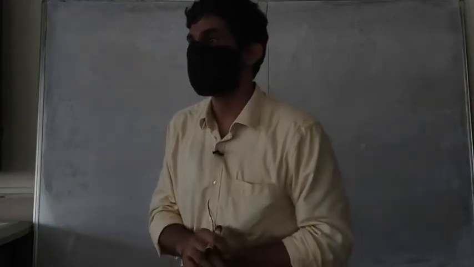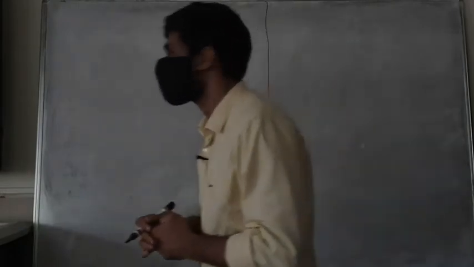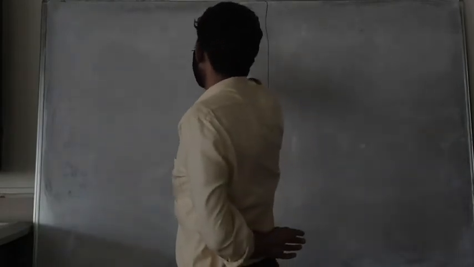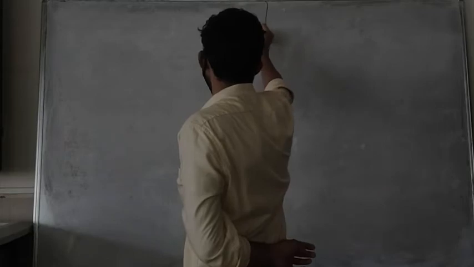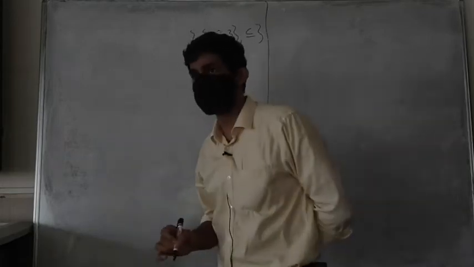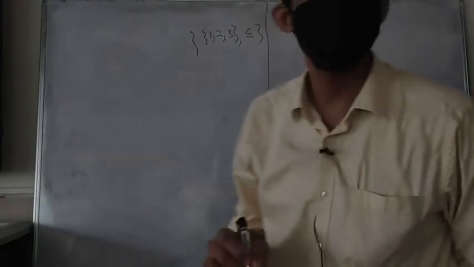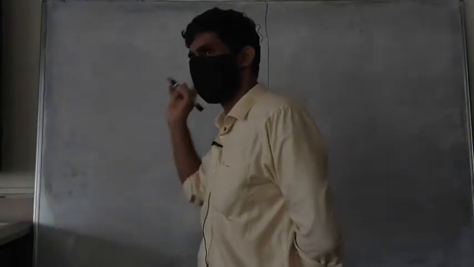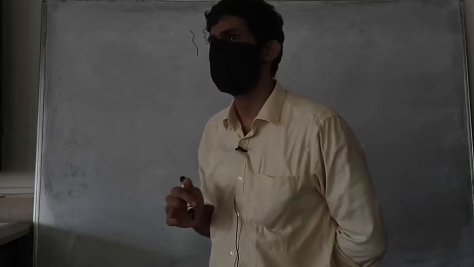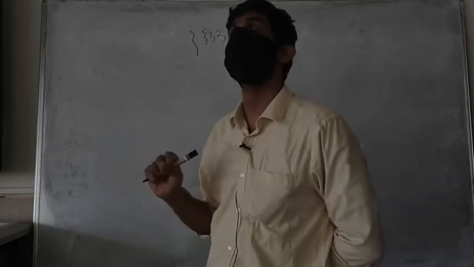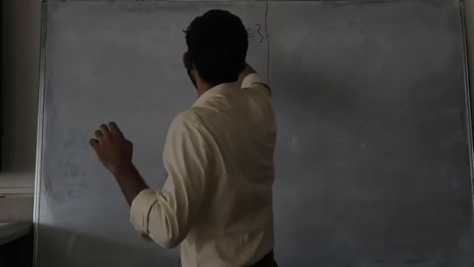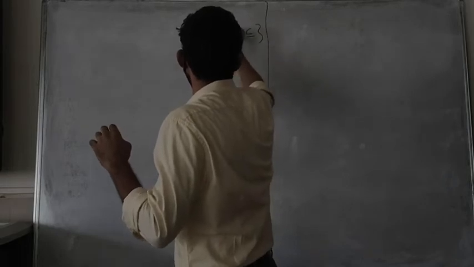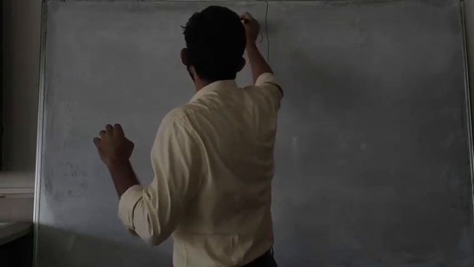Okay, so what would be the length of the partially ordered set, let's say 1, 2, 3 with containment? Okay, this is a partially ordered set. So what would be the length of this partially ordered set? What is the longest chain in this? It's of length what? 3, right? I think 4. So empty set. I'm sorry. This is the power set of this, 1, 2, and 3. The power set of this set.